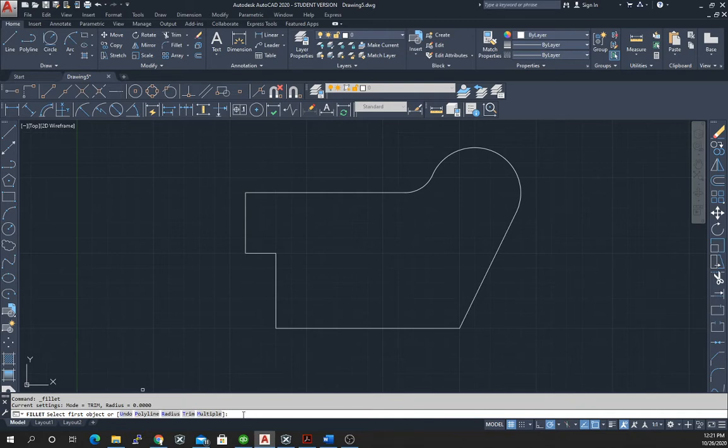Sorry. This is what happened. Here it's asking me to select the object. The radius is set to 0.0. So if we set 0.0, we put a square. Because we want to set a radius of 0.75, we have to come down here